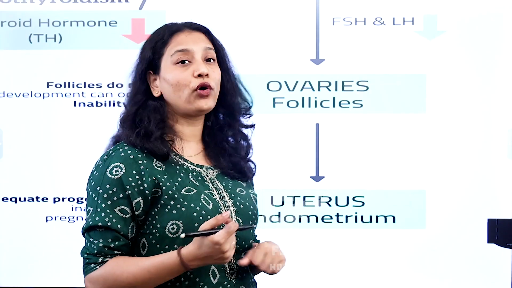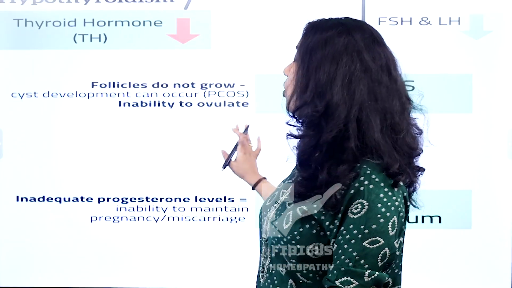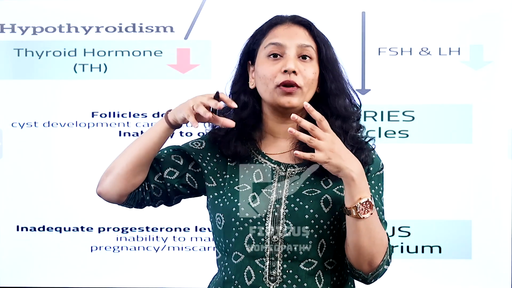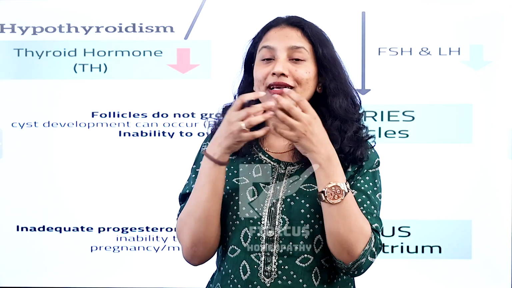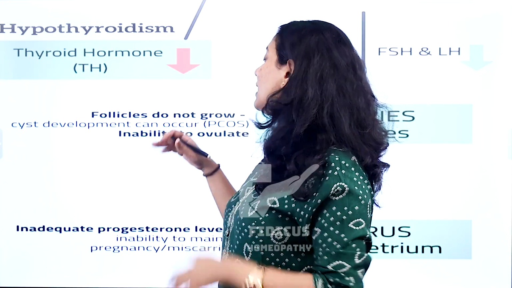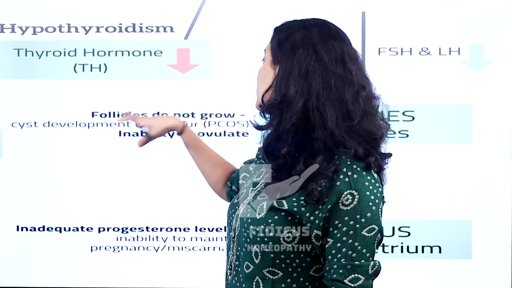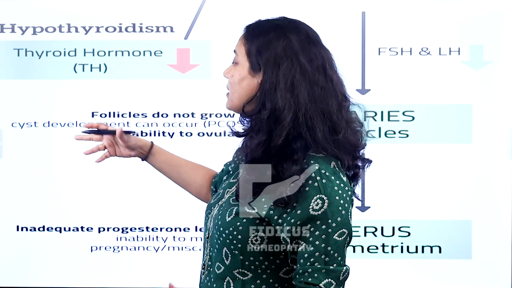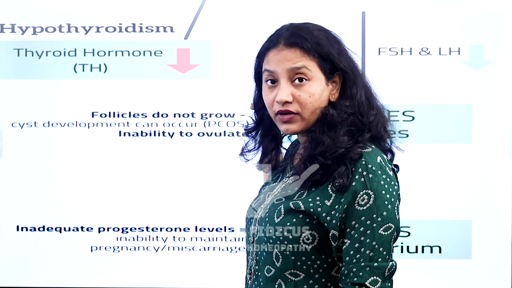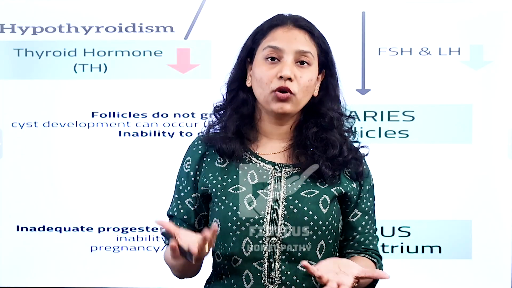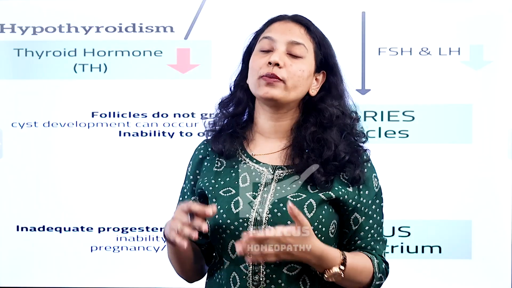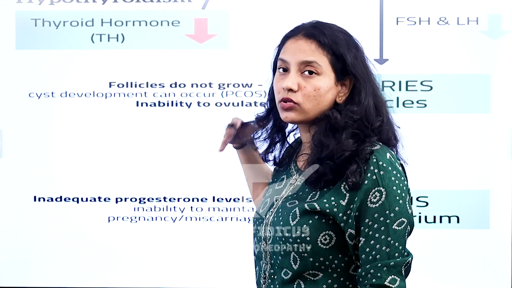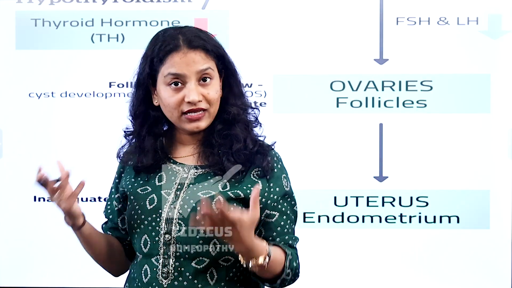So what happens to the ovarian follicles? Whenever a follicle is trying to mature and there is no proper FSH, there is formation of excess fluid in the antral follicles. So they develop into cysts, okay? The follicles do not mature or grow properly, and the antral follicles can develop into cysts. And whenever they develop into cysts and there is no release of the ovum, that is nothing but anovulatory cycles, which are also present in PCOS, right? And see here, there is no ovum at all, so there is no chance of pregnancy, right? So there is infertility.